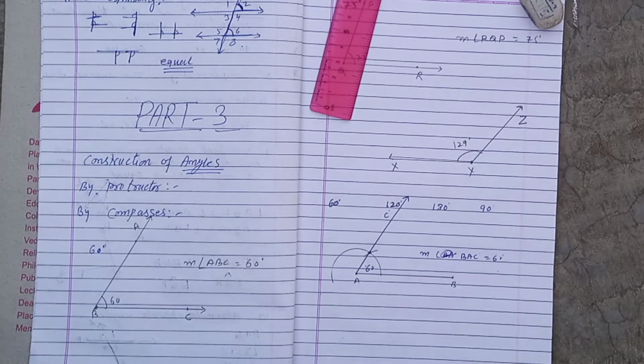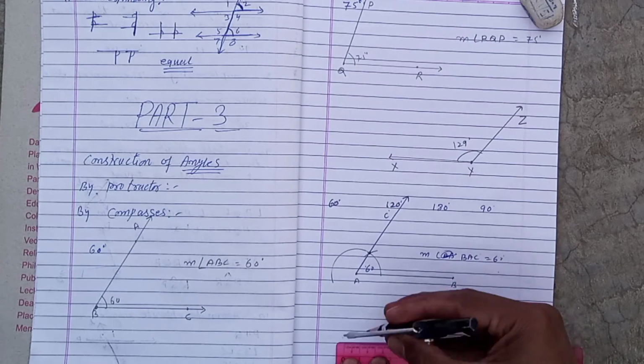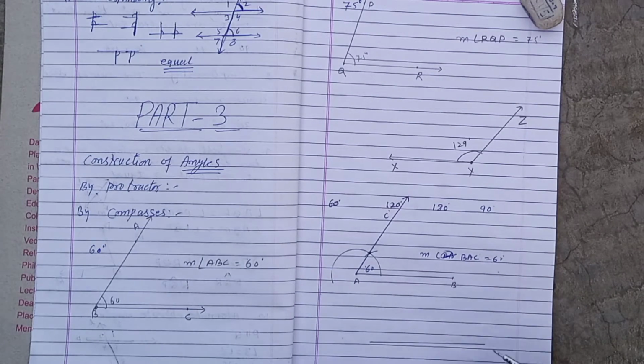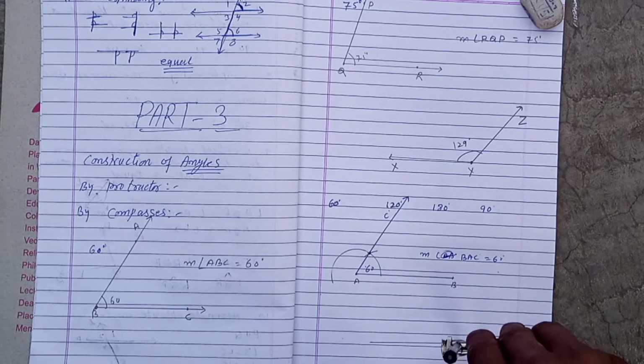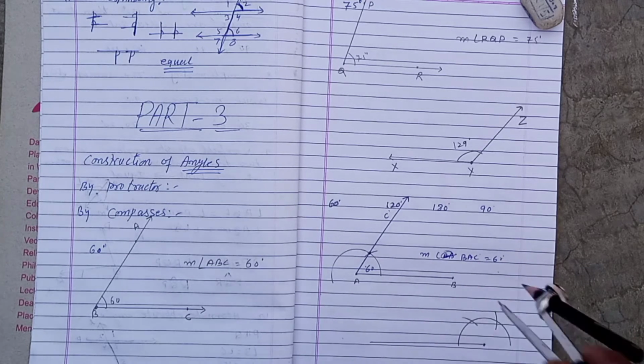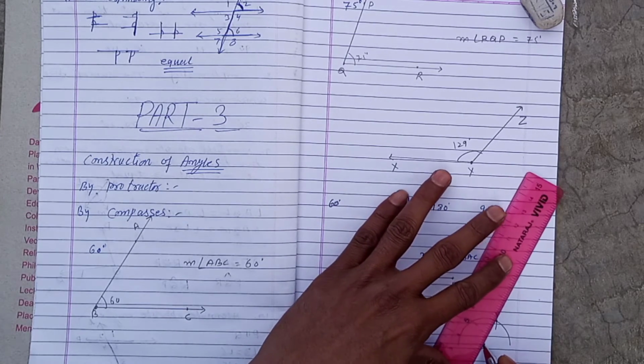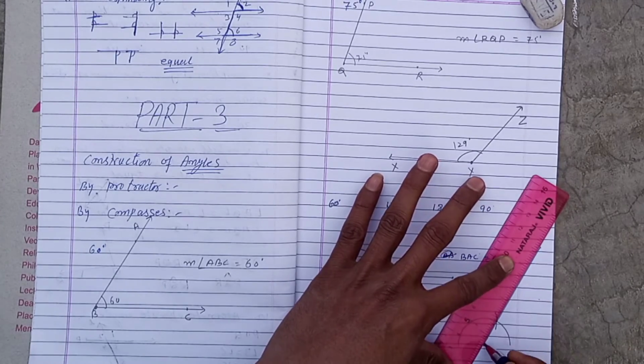Like this, suppose we want to make the 120 degree angle, then you do the same method, but you have to cut it 2 times. We draw a line segment, and on that line segment I want to draw the 120 degree angle. Here keep the center and draw a semicircle cut. The first cut is called the 60 degree first arc. Then the second cut or second arc is the 120 degree. Just joining the points, this angle will become the 120 degree angle.